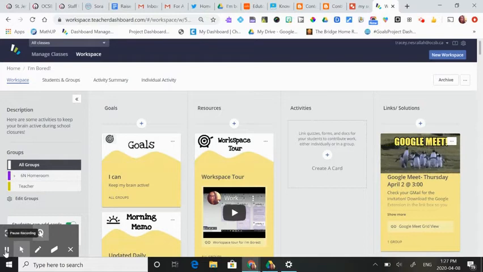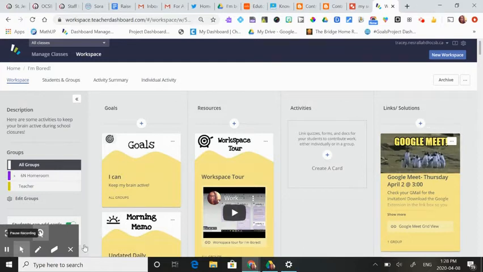If you're pushing out information to your students on a weekly basis, you don't have to make a new workspace every week. And I know a lot of you are concerned that it's going to get too long and too cluttered, and that students are going to spend a lot of time scrolling looking for the work. But I want to show you a little tip and a trick just to keep the newest work at the